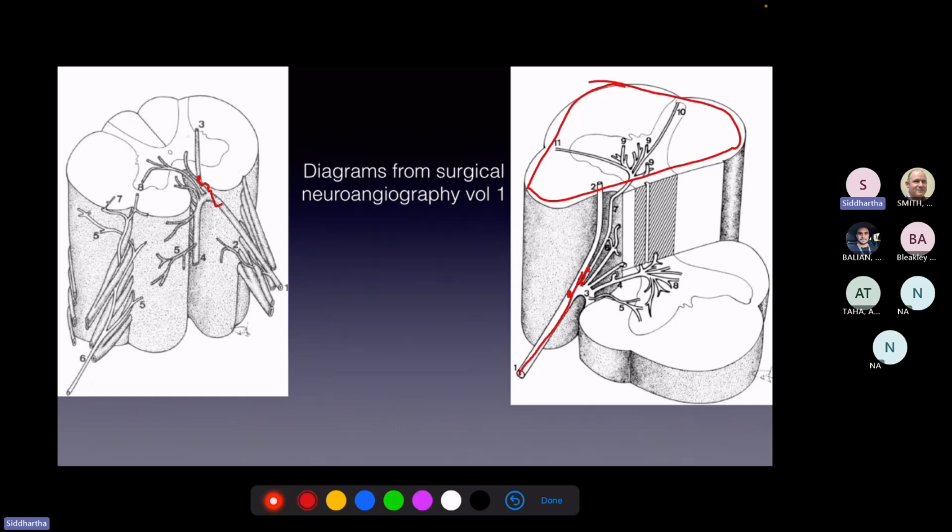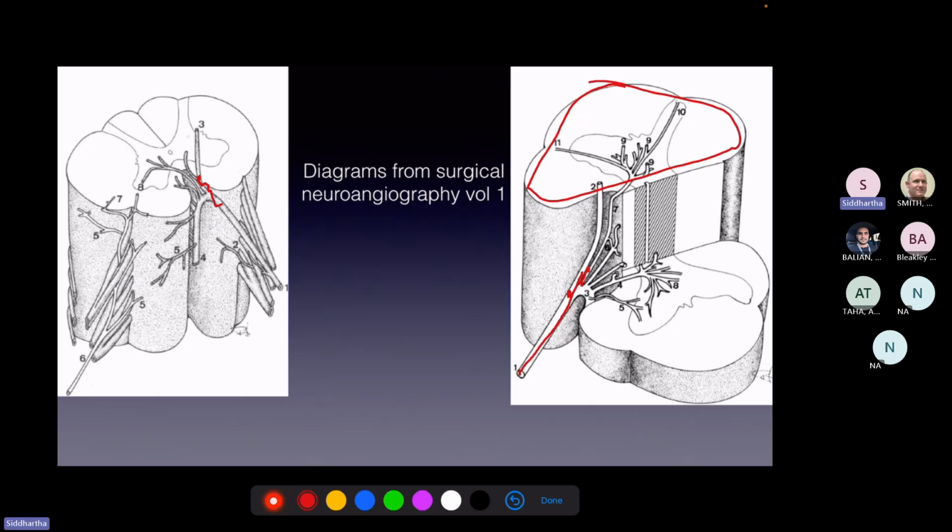While if you are in a branch, you will have only one half of the body affected. That means only one lower limb will be affected. So that's the important bit we have to remember. And if you are further in, even if you block that branch, there is anastomosis within the system, so you can still have normal cord functioning. So that's the same image explaining to you that only one half of the cord is involved,